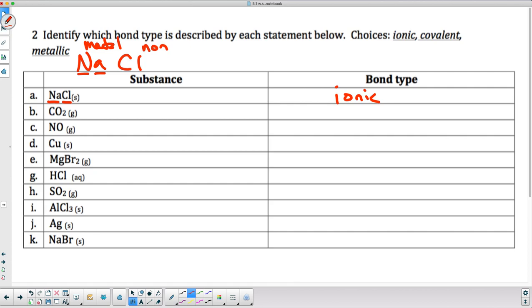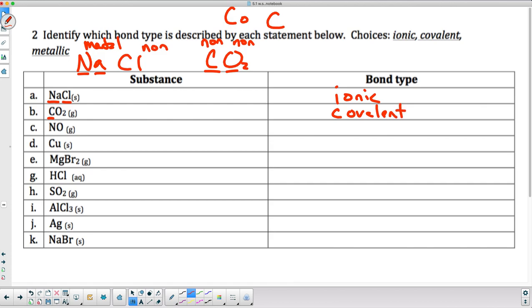Okay, if I look here and I look for C, now if you have two capital letters, that means capital C and capital O. And don't worry about the numbers. The numbers don't mean much to us right now. We're just identifying whether we have metals or nonmetals. That's the only thing we're concerned about. And C, because there's no smaller letter, like this would be cobalt, but this is just carbon. And carbon is on the right-hand side, and so is oxygen. So that means we have a nonmetal and nonmetal, which means covalent